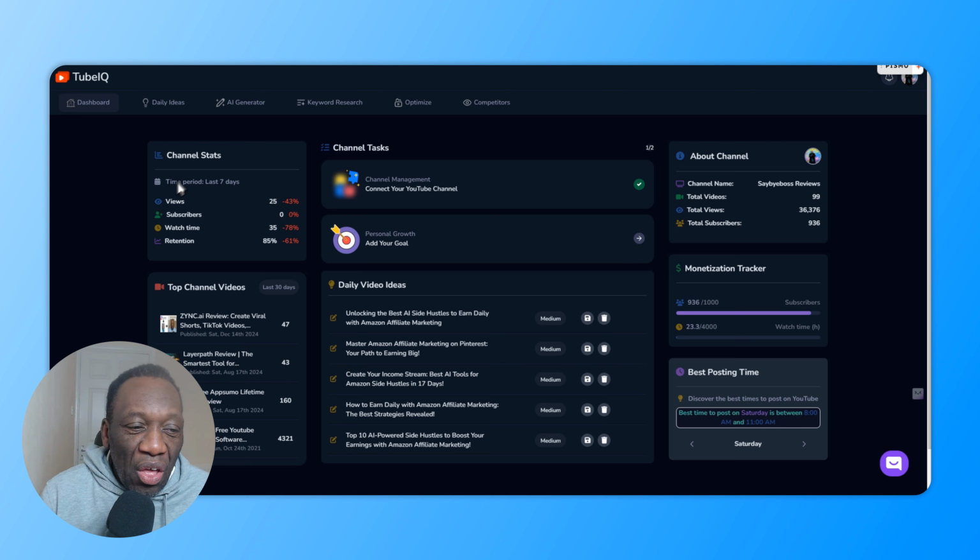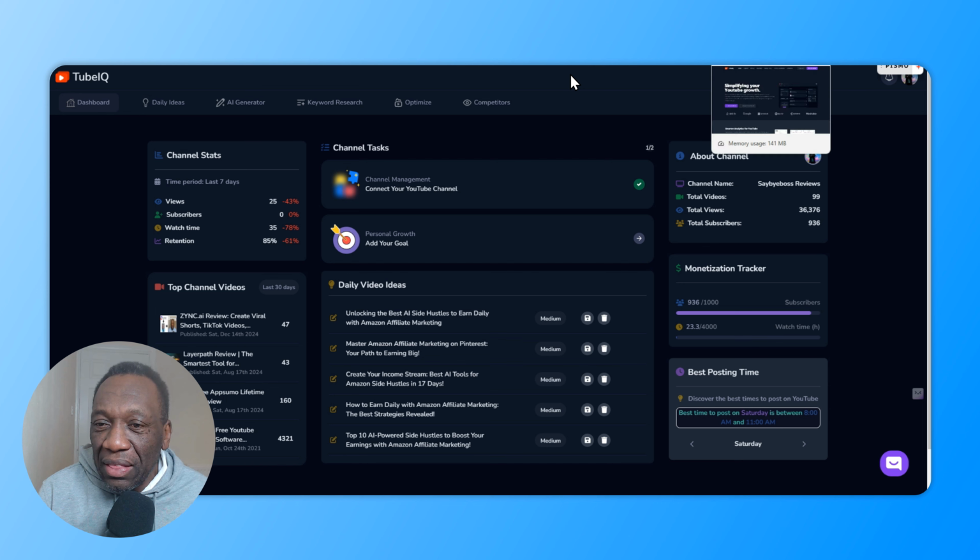to grow. So if you look at the channel stats, this is the dashboard. And if you look at the channel stats, you see that this has been segmented into four areas, which I just spoke about: views, subscribers, watch time, and retention. Now, before we go on to this, let's go to its actual page, the actual page for